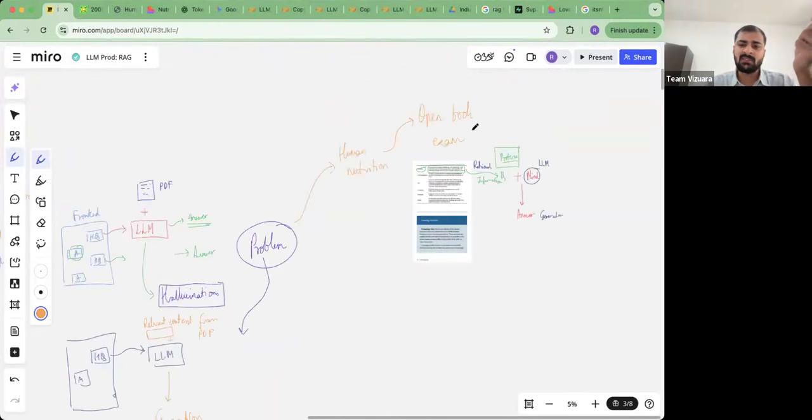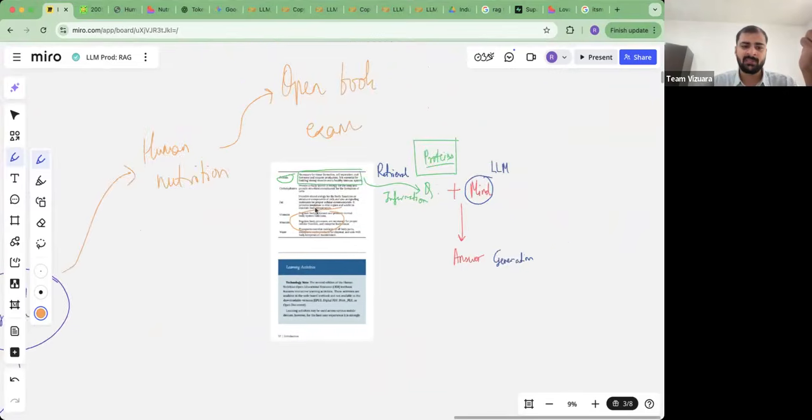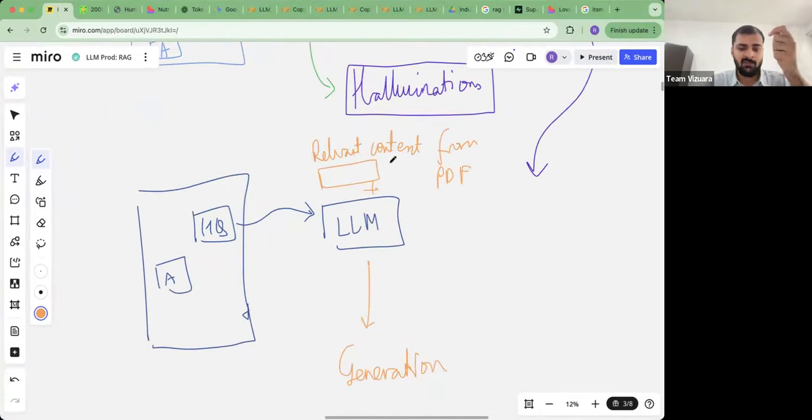What are the relevant bits? The same bits which as a student we highlighted over here when we were doing this open book exam. That's the relevant bit of information which is passed to the LLM. So the context window problem will be solved. The natural consequence of the context window problem being solved is that the LLM will now produce answers which are more factual. The LLM will now produce answers which are more grounded